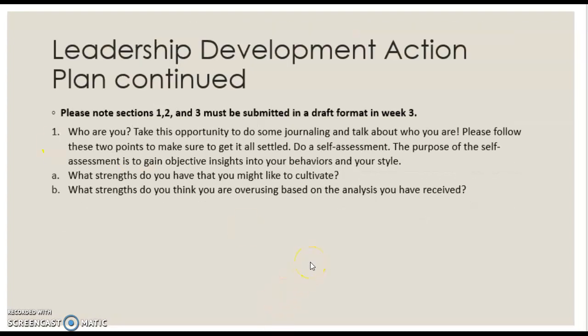As I mentioned, the Leadership Development Action Plan has 9 pieces. The first 3 pieces will be due as a draft in week 3. I'll then review them and send them back to you. Then you can make changes or adjustments or updates. At any point, you can set up a call with me and we can go over this. You're going to continue to see this as we go through the next couple of weeks. When I say it will be due in week 3, it means at the conclusion of week 3. So at the beginning of week 3, you will begin to really work on this, and we'll talk about it in greater depth.